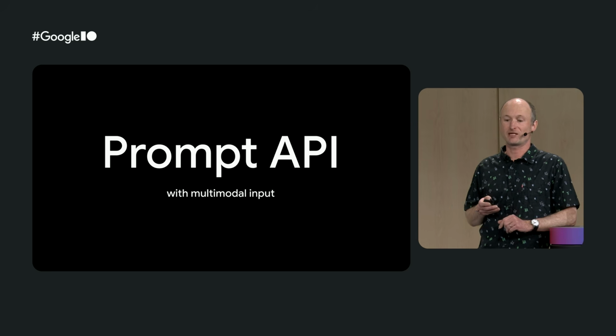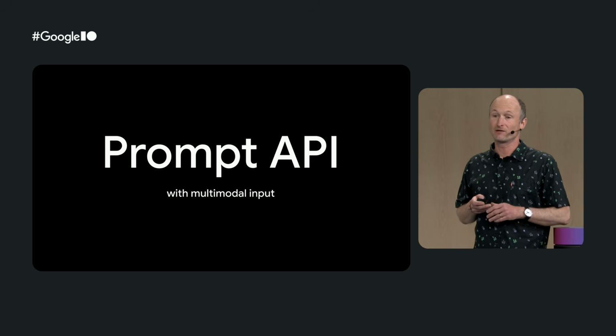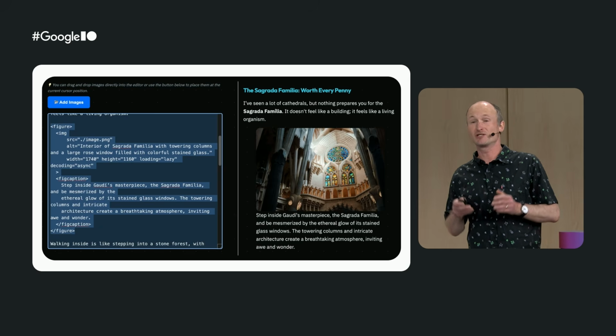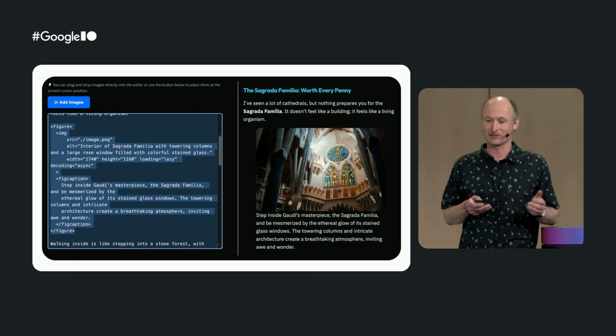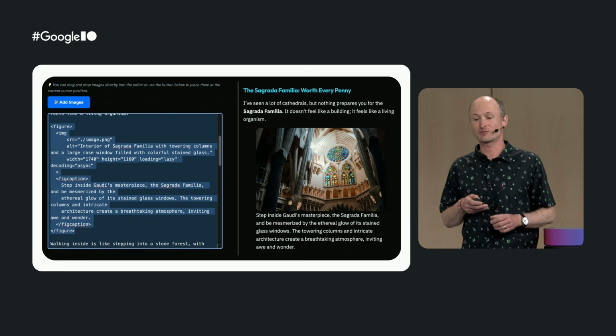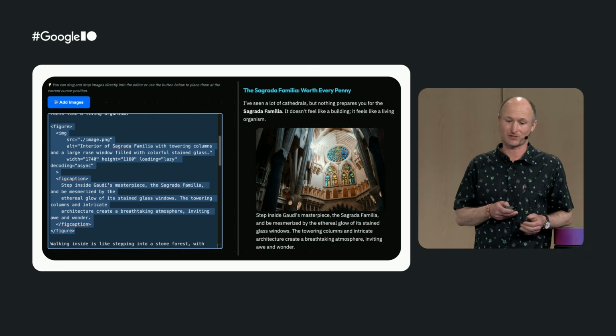You've just seen the Prompt API with structured output. Now it's time to show you the Prompt API with multimodal input. The Markdown syntax is known to be hard. I can't even remember the regular link syntax, let alone the image syntax. Also, while the Markdown image supports alt text, it doesn't support image captions.